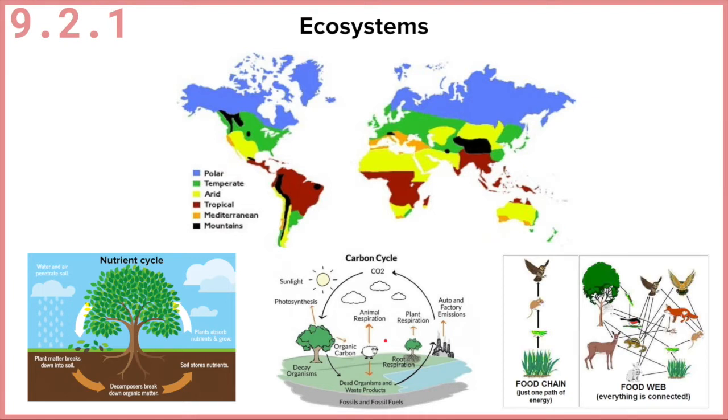And then finally we have food webs. Now we've got a few variations on this. So we have something called a food chain, which is a simplified version which is only looking at one series of a food web. So you've got your plants as your primary producer, so they take sunlight in and grow. You've then got your first consumer, so that's your herbivore that only eats plants, and then the energy is transferred